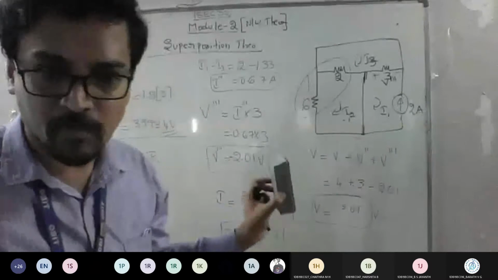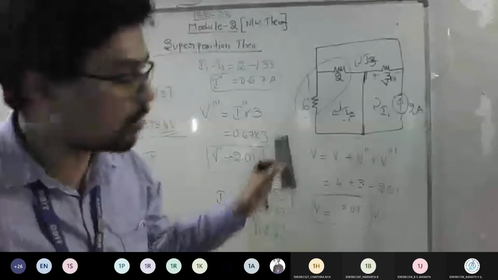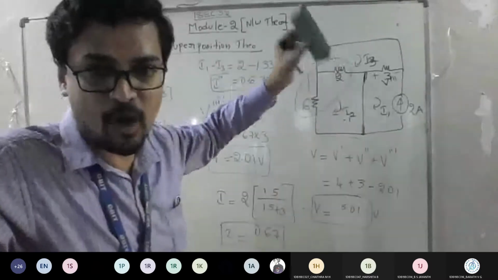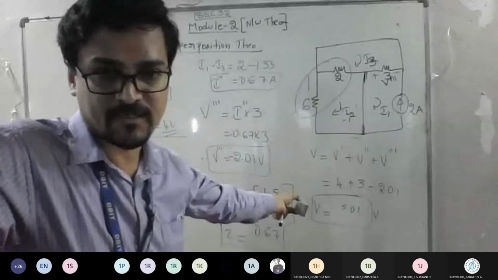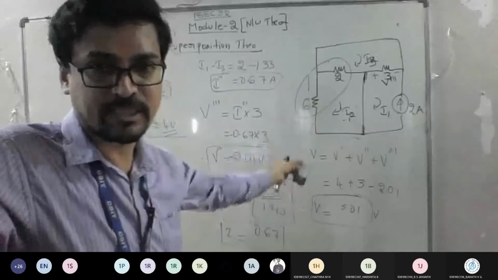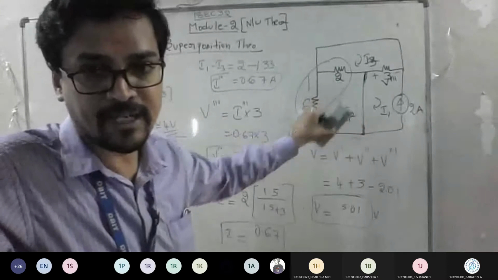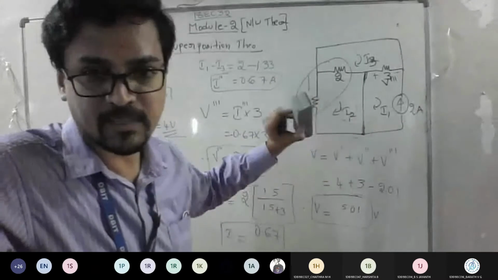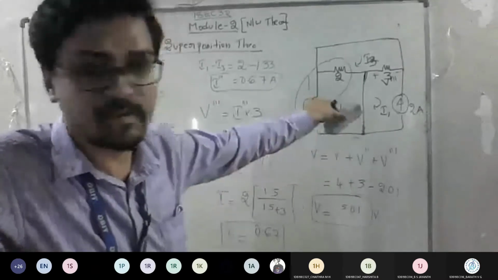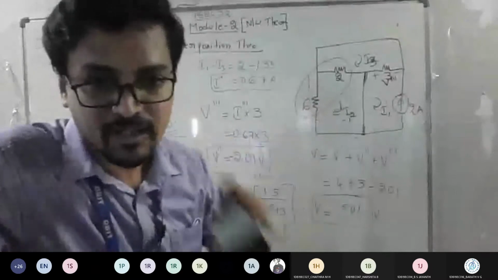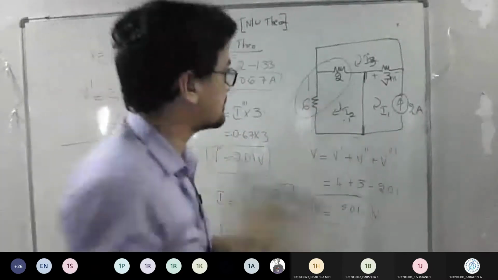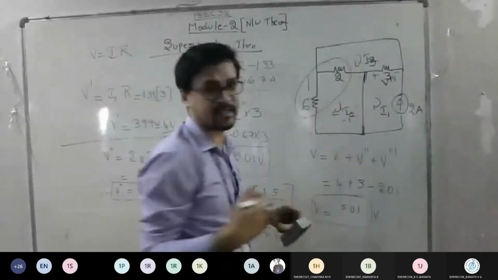See, both look like the same problem, only the tilt, the direction of the current, is reversed. What will happen? You can make out a difference. So this is what you should be aware of. If you analyze a problem and get a negative value, our assumption is fine. But whatever the direction of current given in the problem, we can't change it, right? We can't make it positive, because I1, I2 are assumptions I am making.